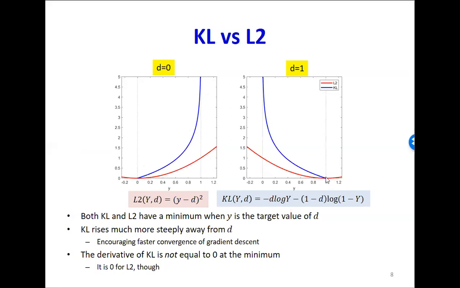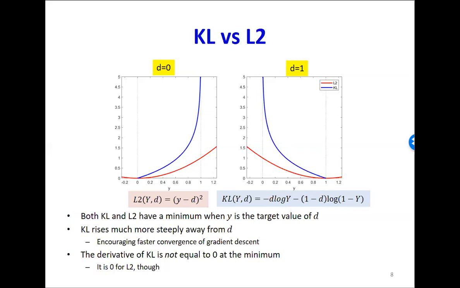Similarly, when the desired output is 1, you can see that the Euclidean divergence, the L2 divergence, does have a minimum out here, but the curve is very shallow. Whereas the Kullback-Leibler divergence also has a 0 out here, but when the network is exactly wrong, predicting the exact opposite of what you want, the divergence becomes infinity. So in classification problems, the Kullback-Leibler divergence is much more reasonable than the